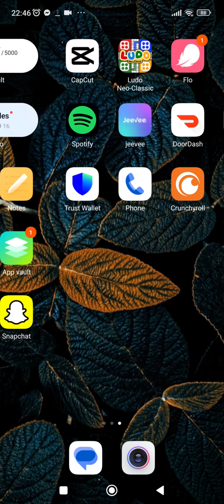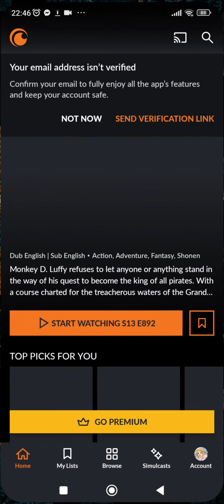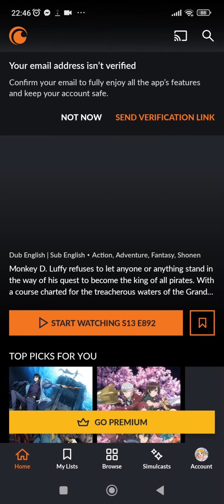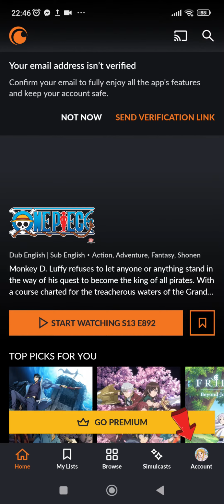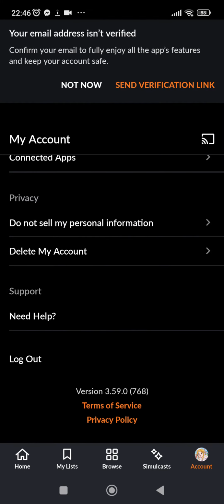Now in order to delete your Crunchyroll account, first of all go ahead and tap on the app, and then after you enter the home screen of your Crunchyroll app, go ahead and tap on account, which is at the bottom right corner. Now scroll all the way down until you see delete my account under privacy. So go ahead and tap on delete my account,